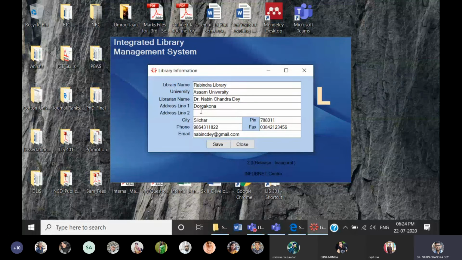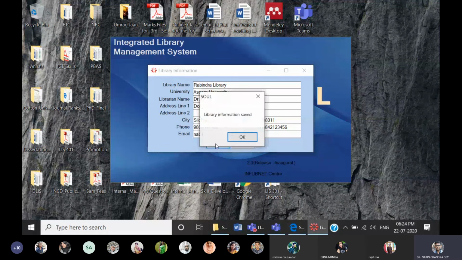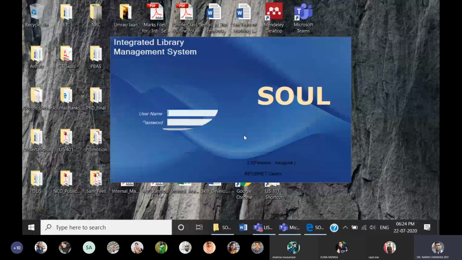Address 2 also, if you require you can give, otherwise you leave it. So you save this information. The library information is saved.